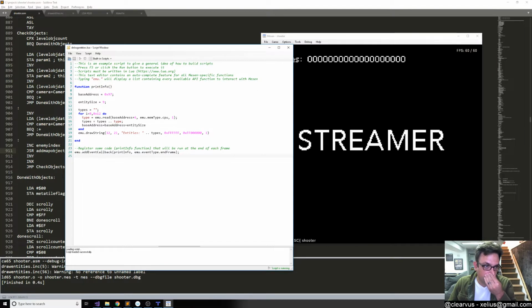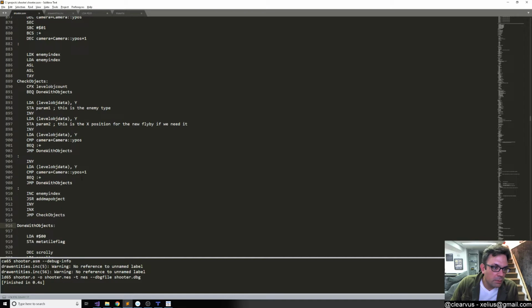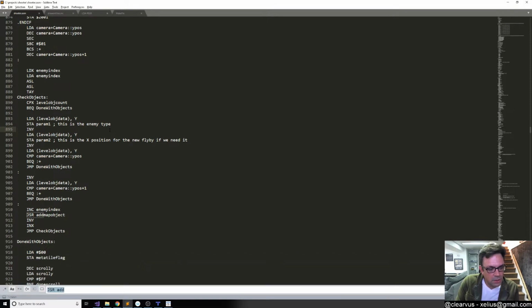So it must be something to do with the actual object check here, and maybe something that we're doing, maybe it's these parameters that we're using. I wonder if that's it. Maybe the NMI is using